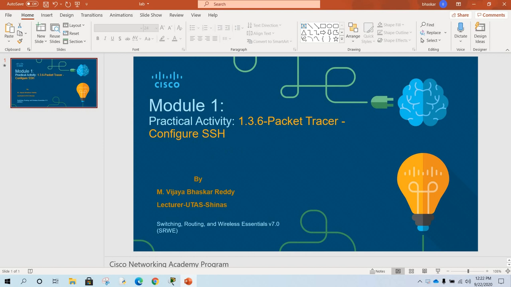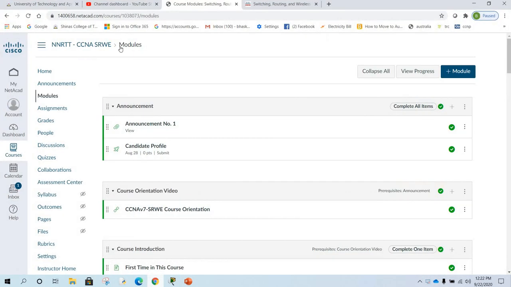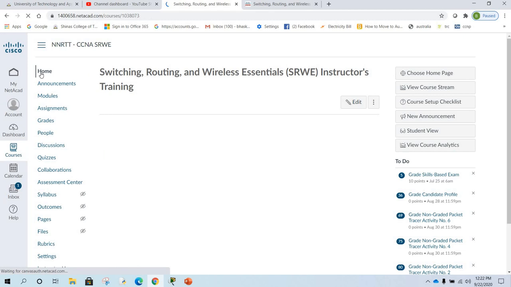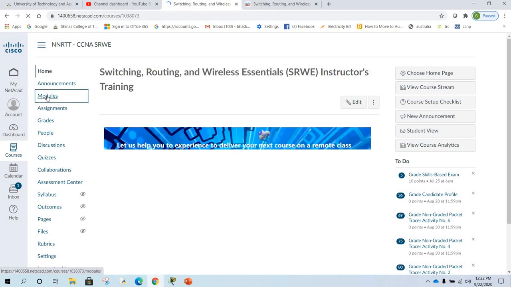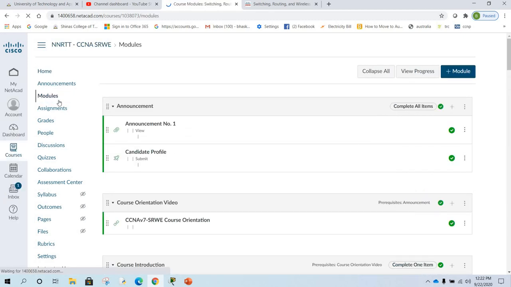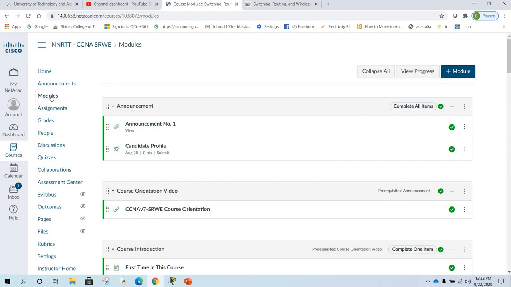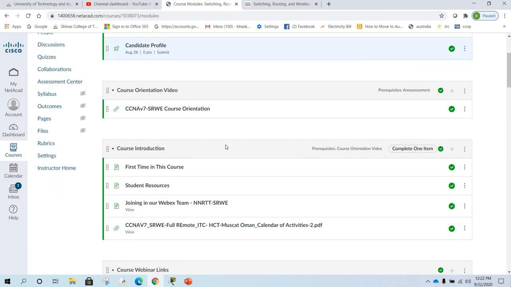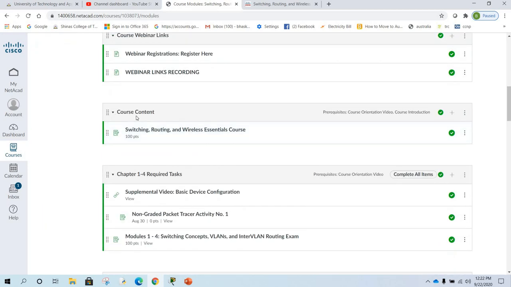Okay, so now if you want to download this Packet Tracer, go to your NetAcad account. Your course is already there. By default, you are on the home button like this one, right? Then click on modules. In modules, go to the course content.